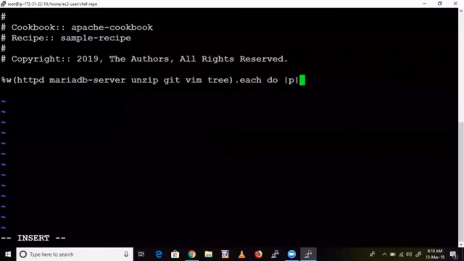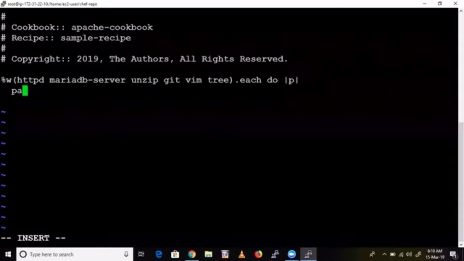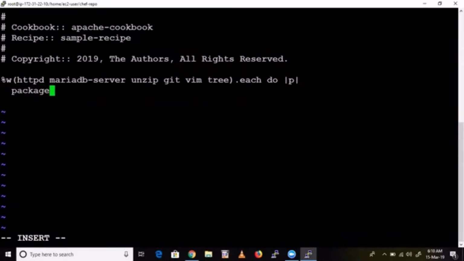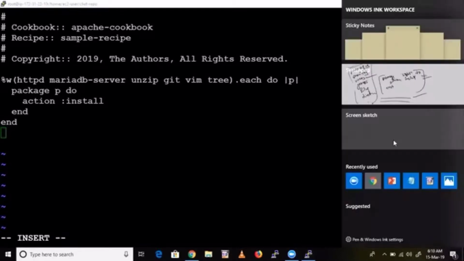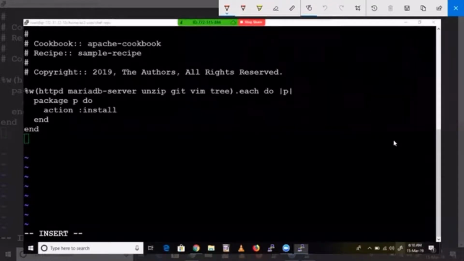I'll explain where you will get this symbol. See guys, this is how we deal with multiple packages.